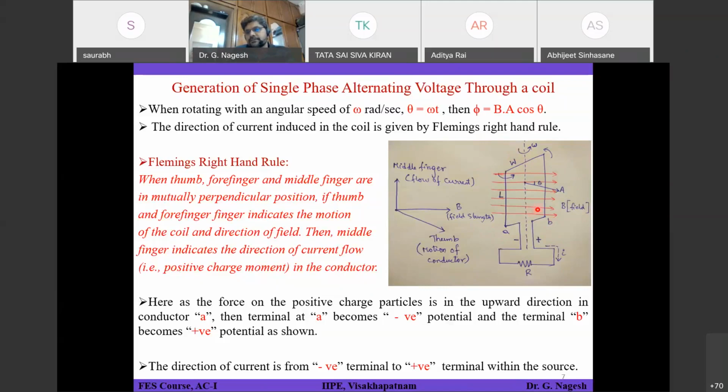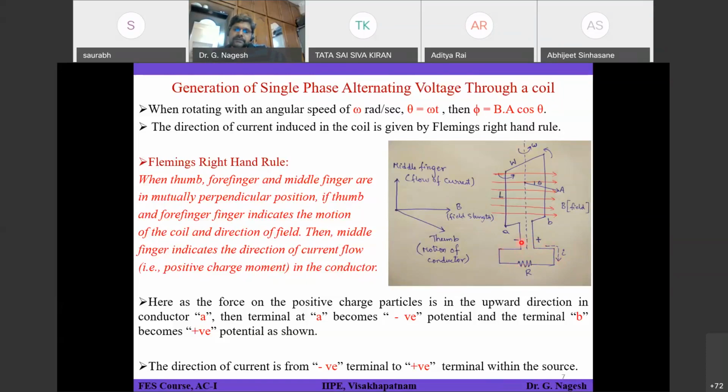That is a DC source, this is an AC source. Within the AC source, this entire circuit, this coil, the rotation, everything is going to happen. But at the end, you will give positive and negative terminals, which means polarity, meaning this potential is high with respect to this potential. In other words, the flow of charge or current is from the positive terminal to the negative terminal external to the source. The resistor is connected in the circuit, external to the source. So current is flowing from the positive terminal to the negative terminal external to the source.